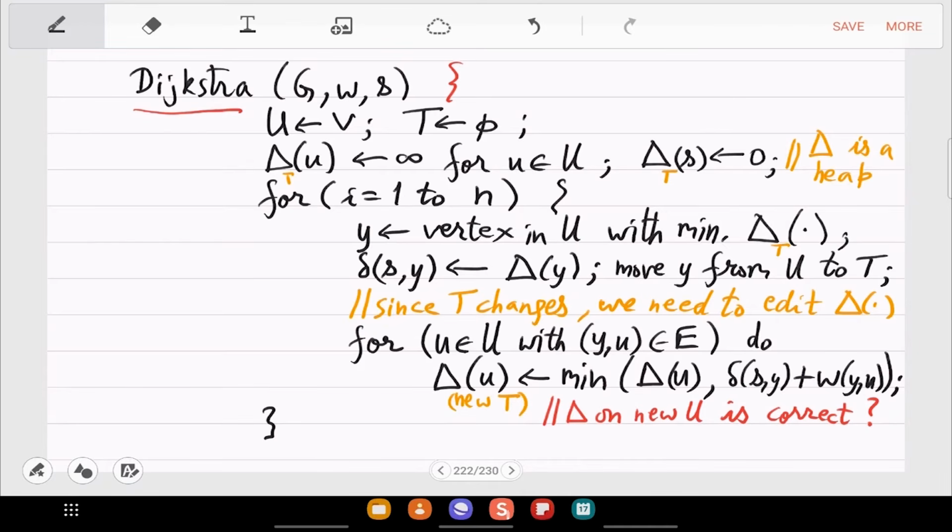So that finishes Dijkstra's algorithm and pseudocode. Okay, any questions?